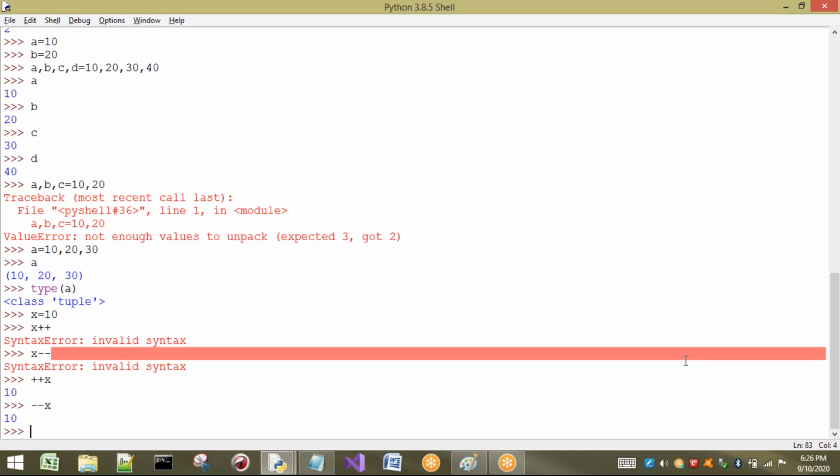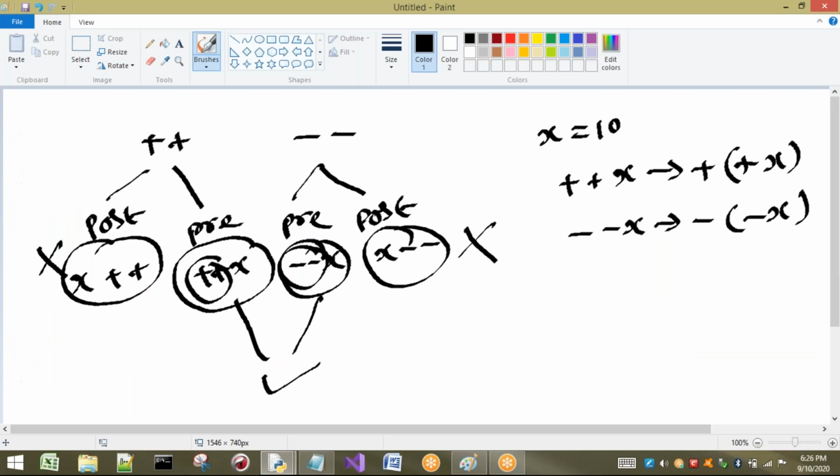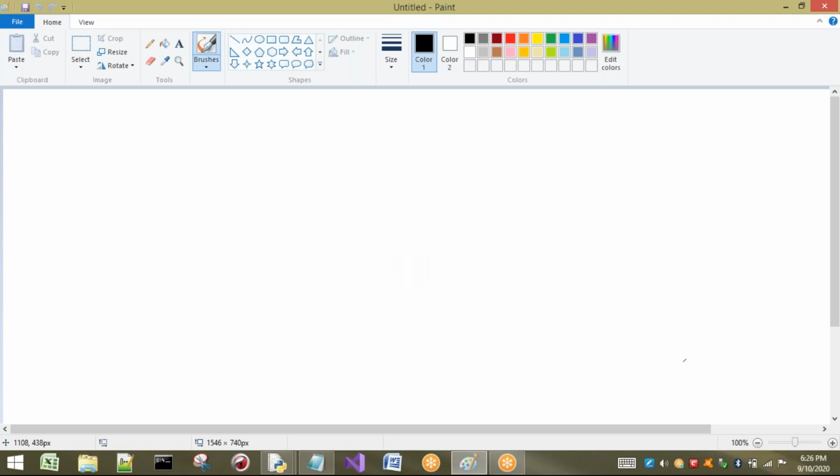Now I want to discuss one more operator which is very important. Okay, that is an operator called the ternary operator. Very important operator. Ternary operator. So what is meant by ternary operator? Let us see, ter. What is meant by ter? 3. Okay. So I want to discuss first what is meant by ternary operator.